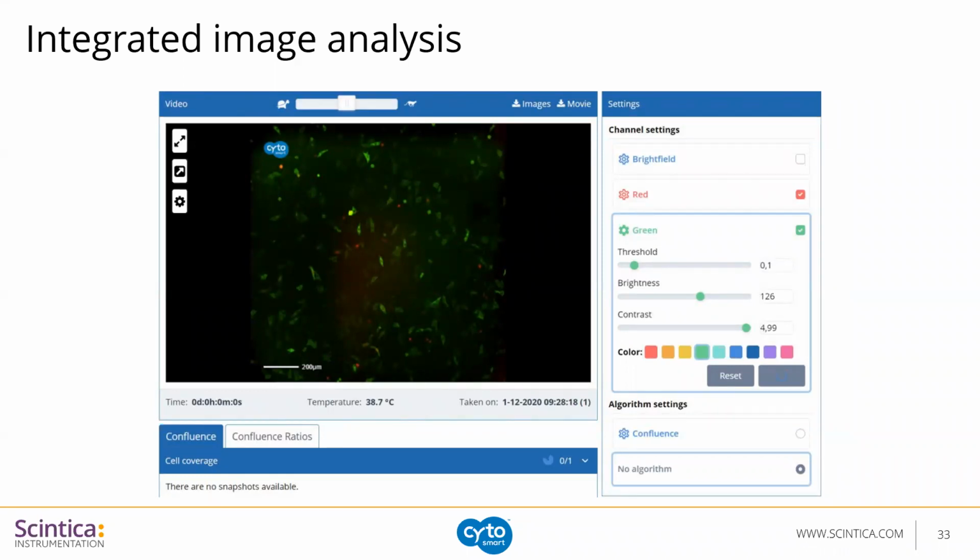And then there's integrated image analysis. So similar to how you acquire the images, the analysis is very straightforward and very logical, and it's all done through the Cytosmart Cloud. So you can, again, adjust your channel settings on the right. Once the image has been acquired, you can actually export it however you like. So you can keep the bright field image. You can turn on and off the red and green channel in the case of the Lux3. You can look at different